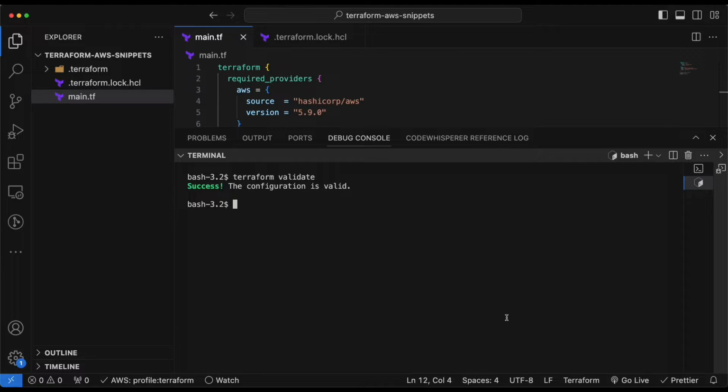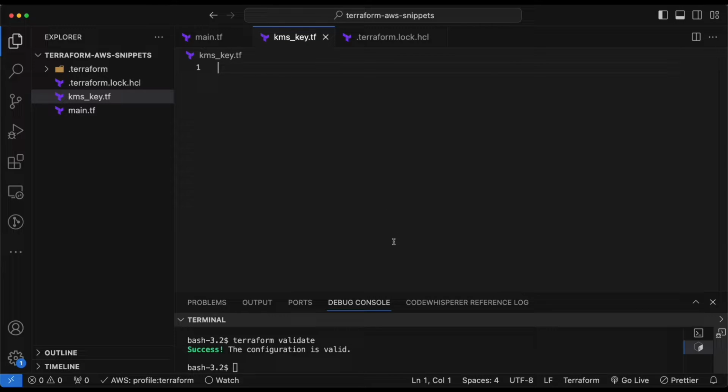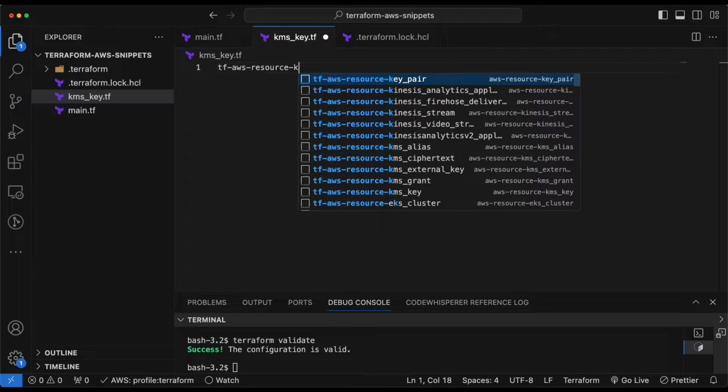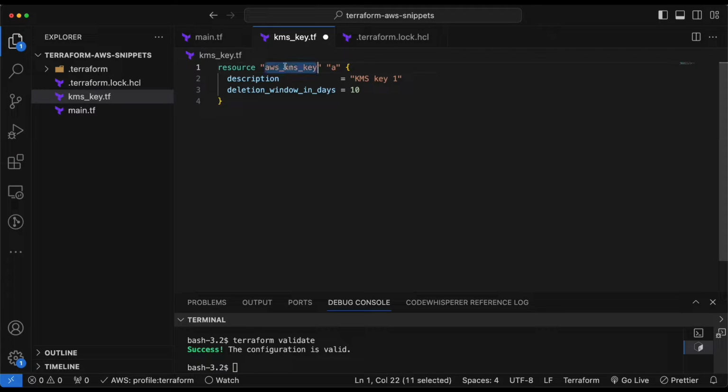So how are we going to create the KMS key? Let's start by creating a file called kms_key.tf. In here, we're going to use the aws_kms_key resource. You can see this is the resource which we are trying to create, and maybe I can name this default key, and then say KMS key for our RDS, and then deletion window 10 days,